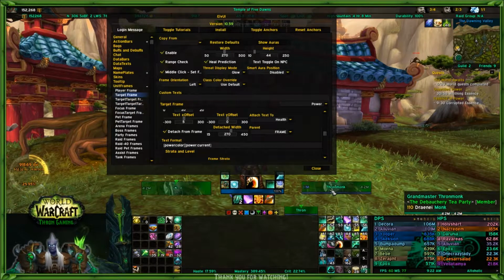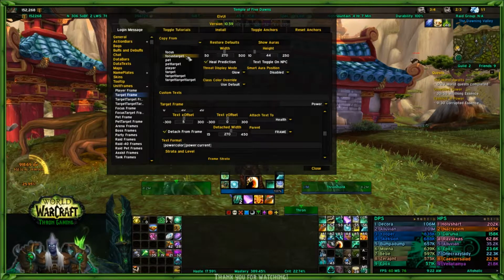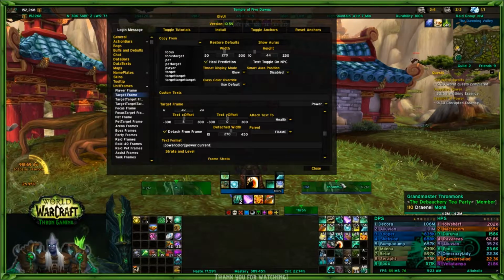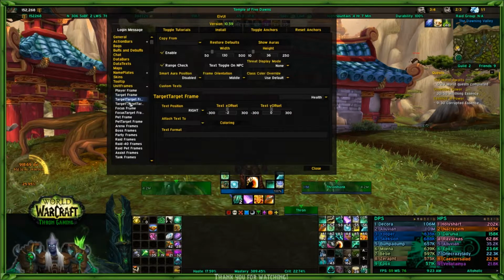So what you can do is you can actually set these exactly the same by copying, and you go copy from player, and then you just do your little tweak. So for example, the difference is here that I have the name showing, I have the power showing, and I have the power bar showing. So once you copy from the player, you go and you do your edits so that it works how you want. I mean, as you can see, for my target of target frame, which is this one,